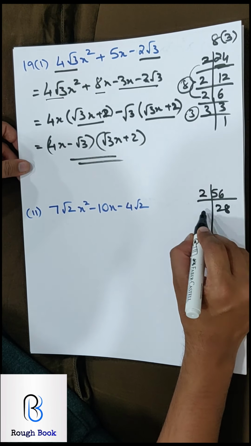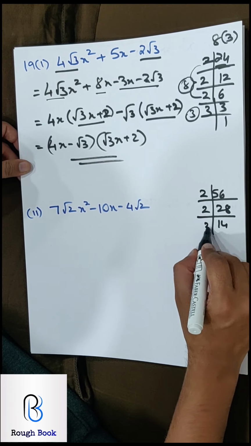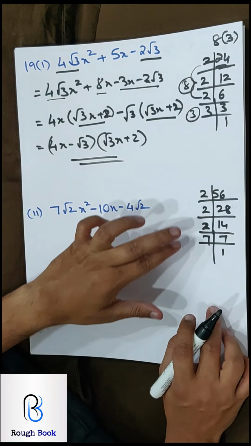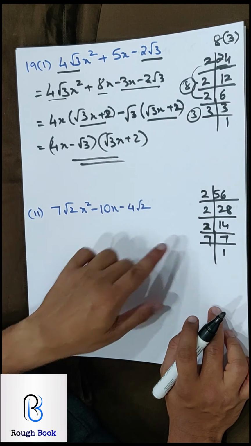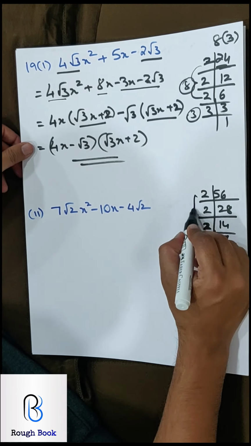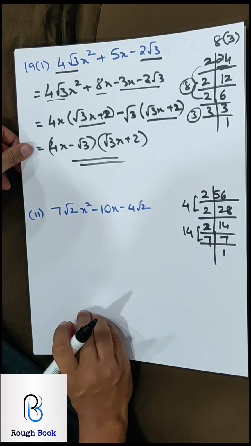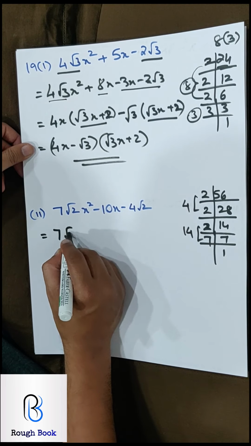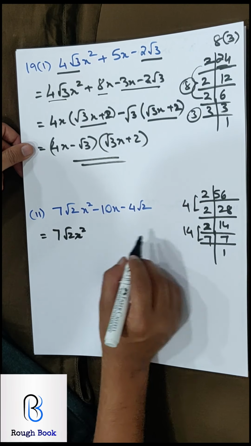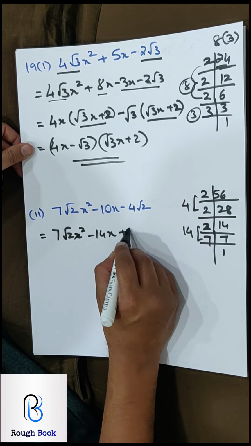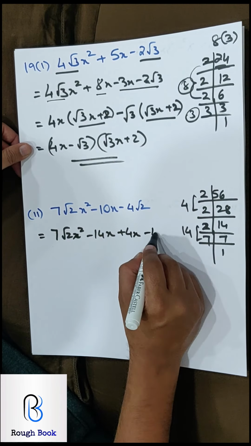So 2 28, 2 14, 2 7 and 7 1. So if I take 2 2s are 4, 2s are 8. 8 and 7 doesn't give me 10. So let me take different options. 2 2s are 4, 7 2s are 14. 14 minus 4 gives me 10. Super. So 7 root 2 x square minus 14x, bigger term first, plus 4x because we had to subtract, minus